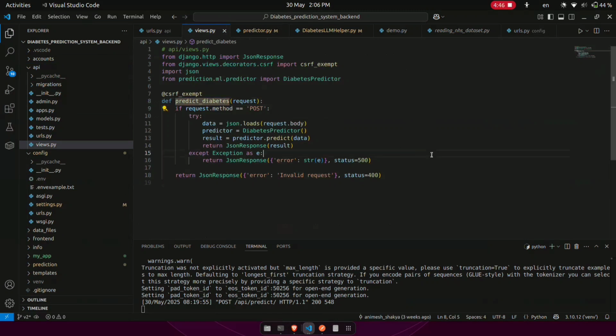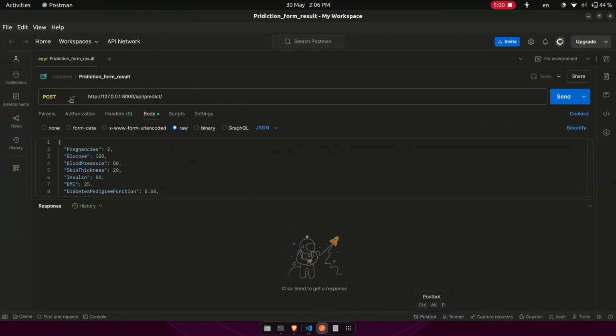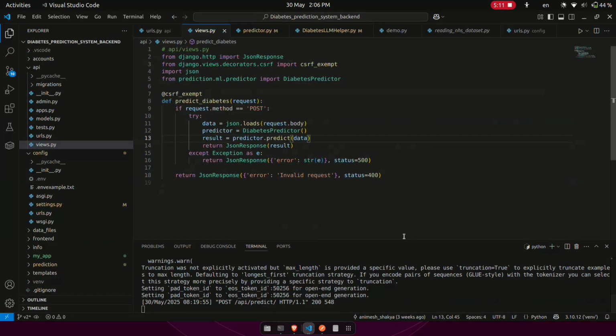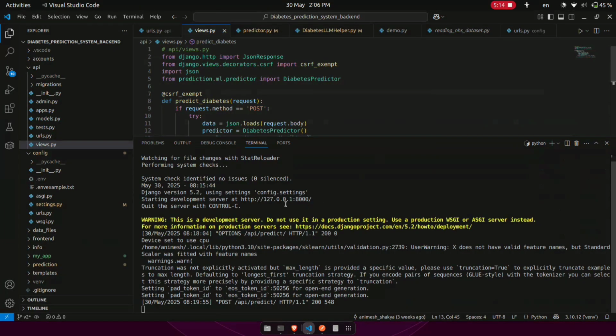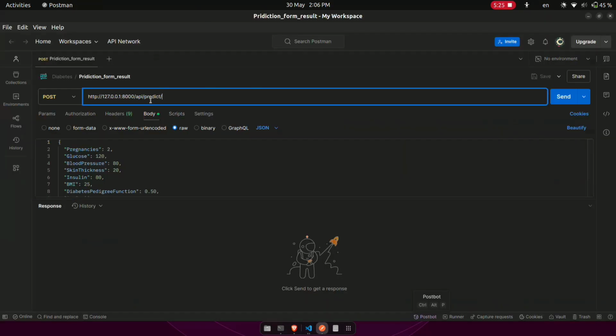So we are sending a JSON response if the data is processed correctly. To check this, we need to use Postman like this. Postman method POST. Then we have to insert the URL, API predict. The IP address is the address where the backend system is currently being run, which is 127.0.0.1, which is localhost, and port 8000. So keeping the port and IP address, and after that the API predict URL,